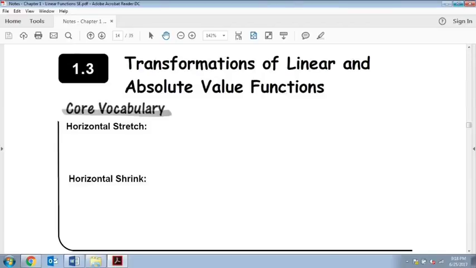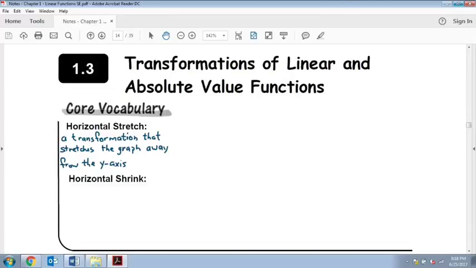Alright, a horizontal stretch is a transformation, T-I-O-N, that stretches the graph, that is an R, believe it or not, away from the y-axis. And the same idea, if we can go ahead and do the horizontal shrink, it's the same idea but